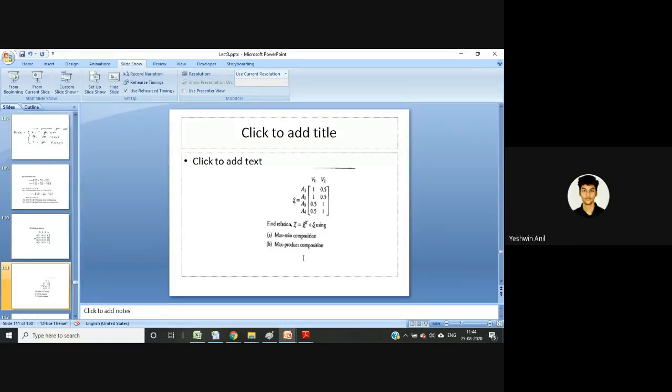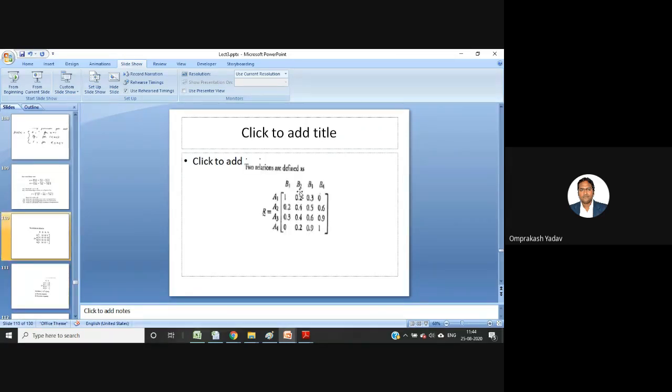So should we take the transpose of matrix R? Yes, yes. Transpose means whatever rows are there will become the columns, so your entire thing will change. This first row will become the column, then the second row will become the column. So your B1, B2, B3 will come here, and A1, A2, A3, A4 will go there. Okay.